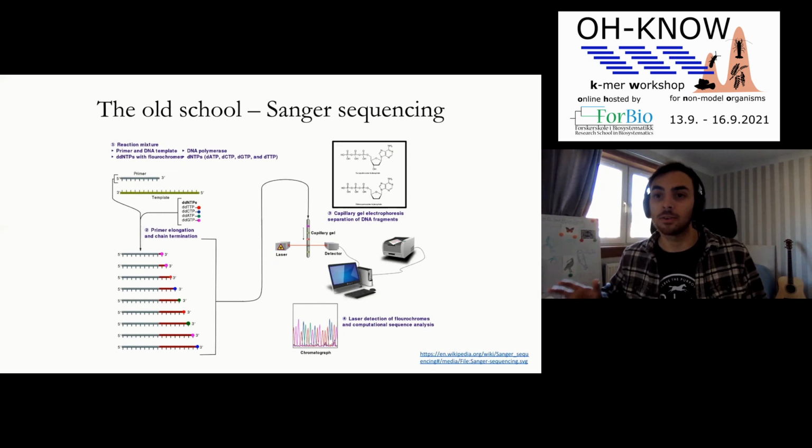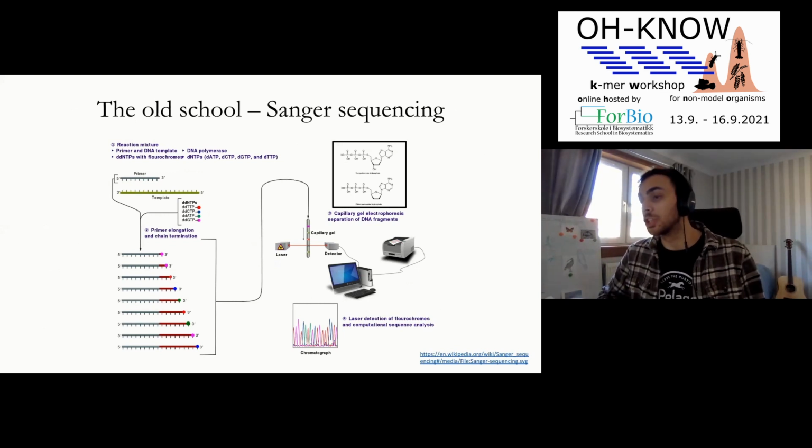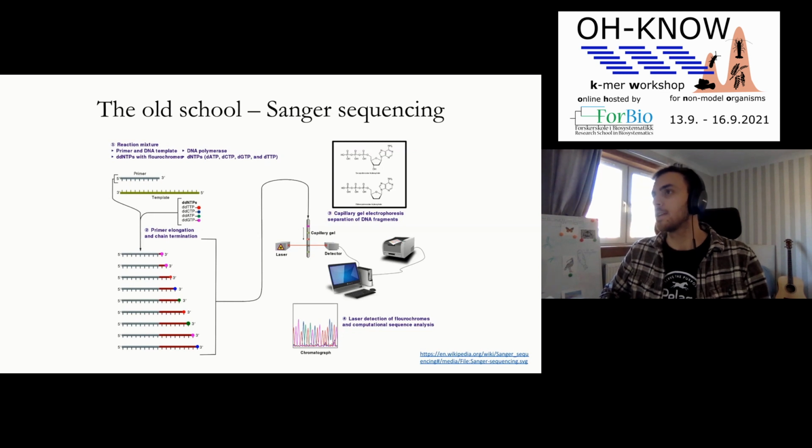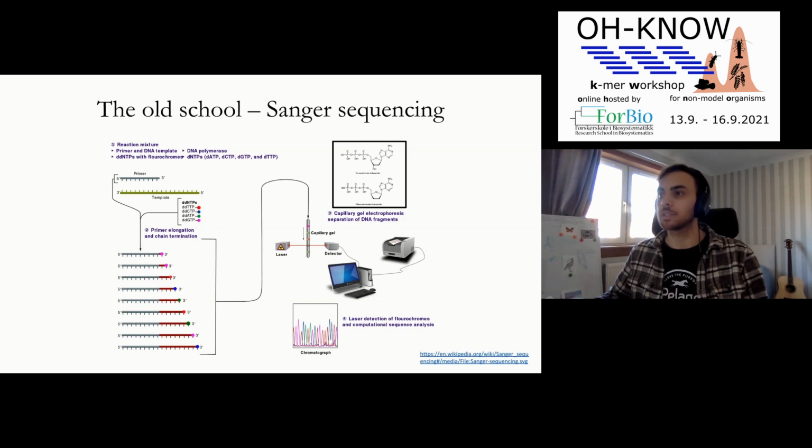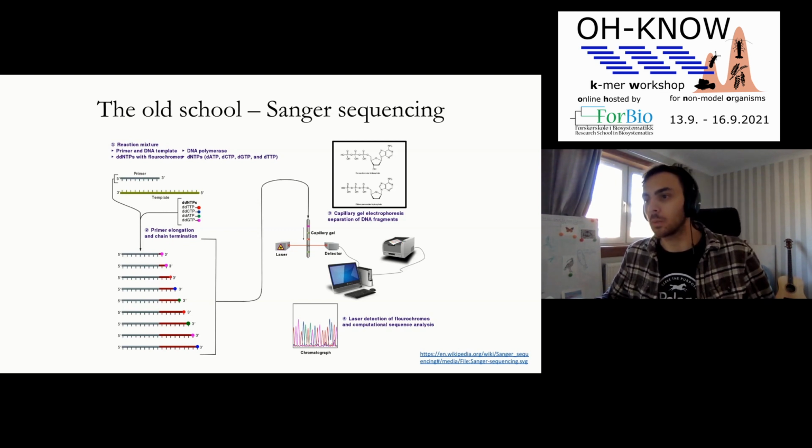So to understand how today's sequencing is going, it's maybe good to look back and see how people did it in the not so distant past. One of these ways was Sanger sequencing, which some of you might have even been doing at the beginning of your careers. The way Sanger sequencing works is you take your DNA that you want, which has already been cut up to some extent,